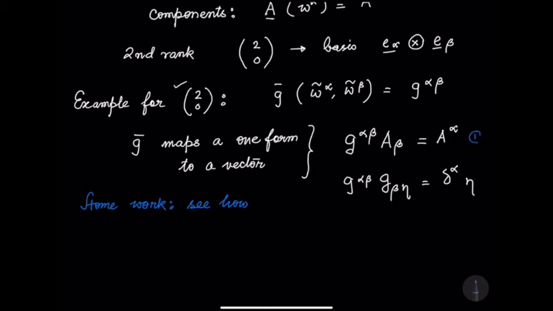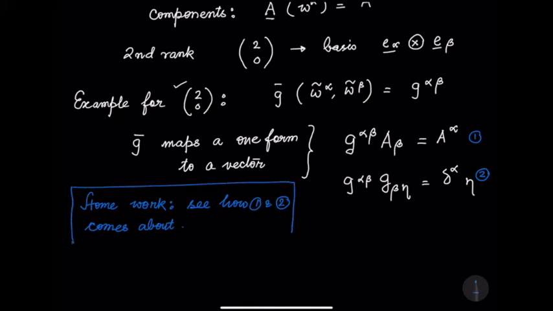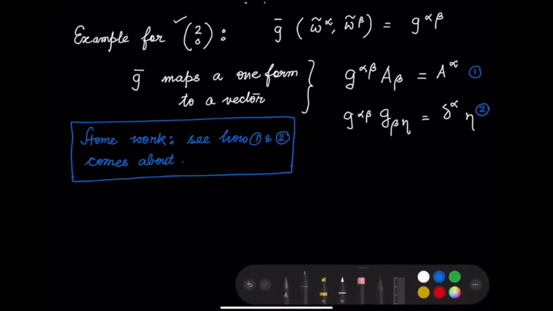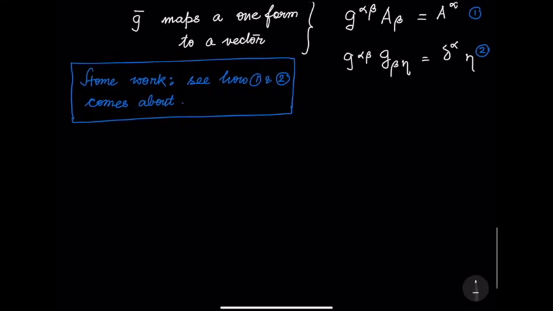So let me label these as 1 and 2. So your homework is how 1 and 2 comes about. I have not proven it for you, but that is what you have to figure out. We can define the norms of one forms, and they have,